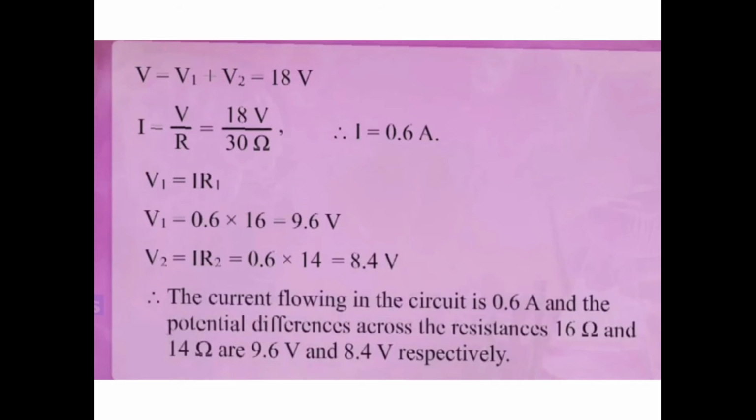Now across resistance R1, we have the potential difference of V1. So V1 is equal to I R1 according to Ohm's law. V1 is equal to 0.6, as we found the value of I here, multiplied by 16. So 9.6, and V2 will be again 0.6 multiplied by R2, which is 14, so it comes out to be 8.4. See the addition, it came out to be 18. It has to come as 18. You can check 9.6 plus 8.4. So, got it?